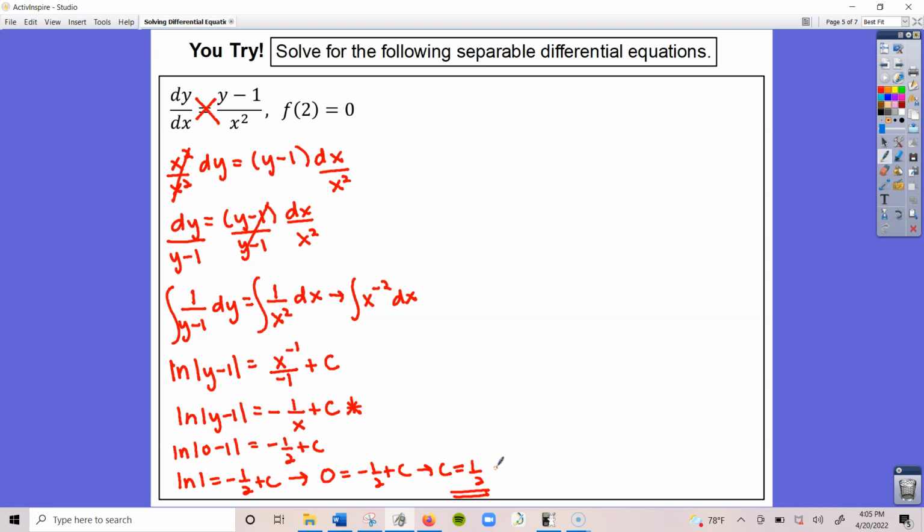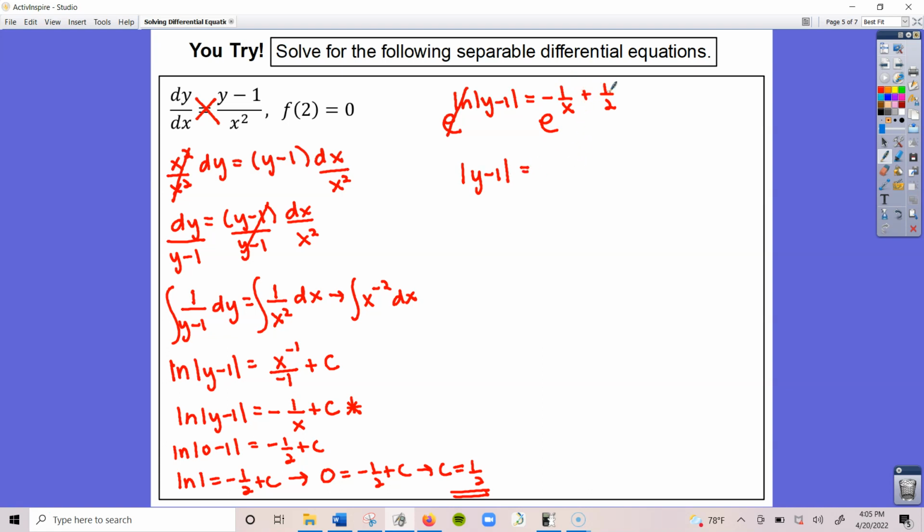So now I'm ready to start figuring out what is my particular solution. I'm going to plug this into my general solution. So the ln of the absolute value of y minus 1 is equal to negative 1 over x plus 1/2. I need to solve for y, so to get rid of that ln, I'm going to apply e to both sides, just like we did in the previous problem. e and ln here will cancel, so that'll leave me with the absolute value of y minus 1 is equal to